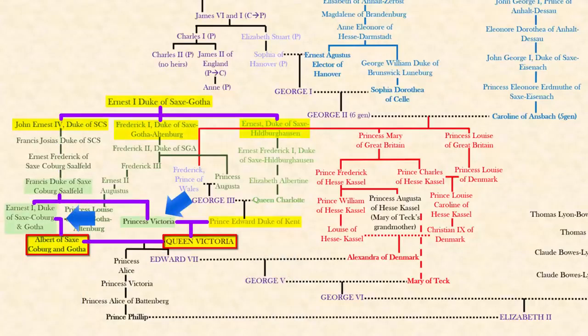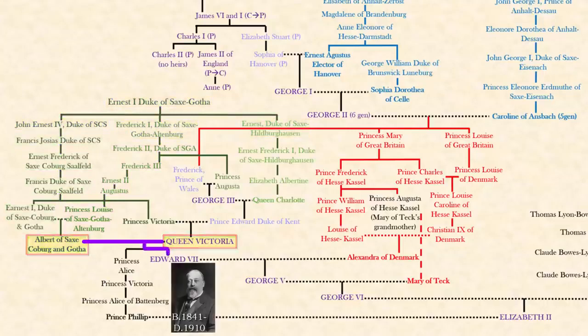And secondly, their parents are commonly related to the son, John Ernest IV. As a side note, Prince Albert's mother is also directly related to the common ancestor Ernest I, Duke of Saxe-Gotha, through his son Frederick I, which means Prince Albert's parents are 4th cousins once removed as well. Then Albert and Queen Victoria had the party king Edward VII, and his time frame, think of Titanic, the early